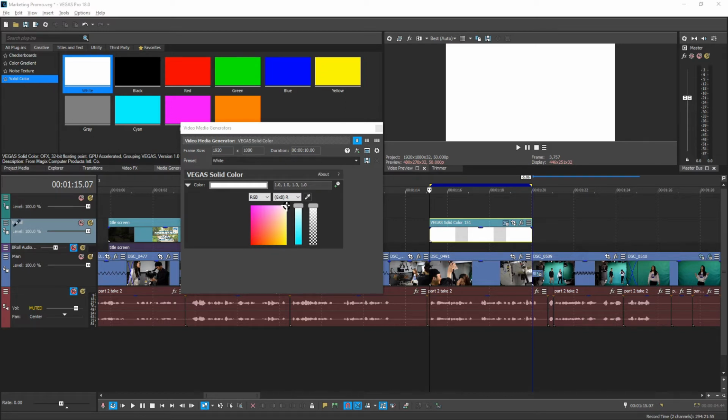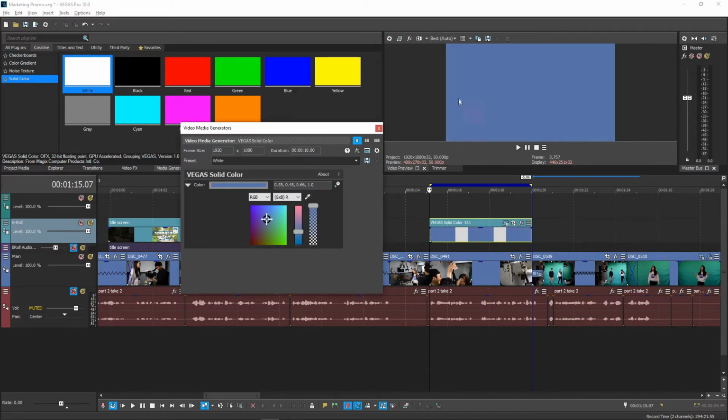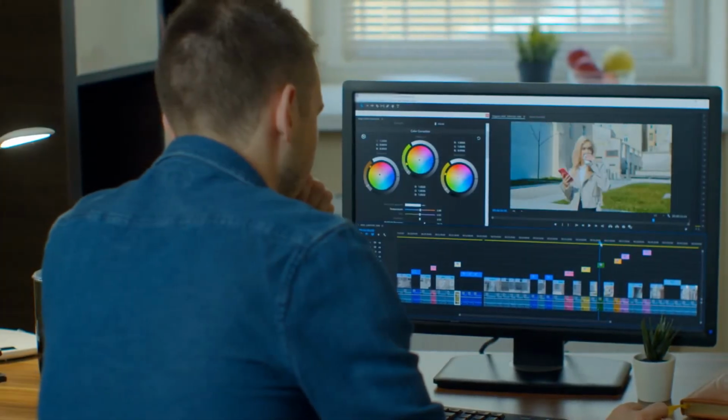It even works on your computer icons, or if you open up a different window. For example here, we can make our media the same color as our main track color.